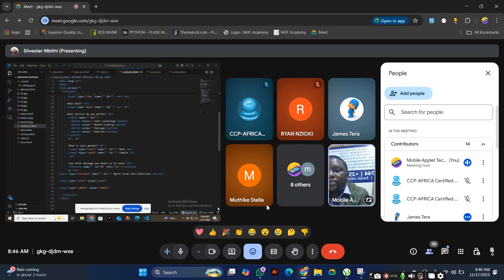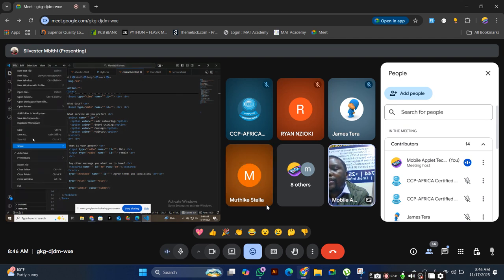You need to open that project. You click file menu, then you click open folder. Click file menu. The file menu is at the top. Yes. Open folder.